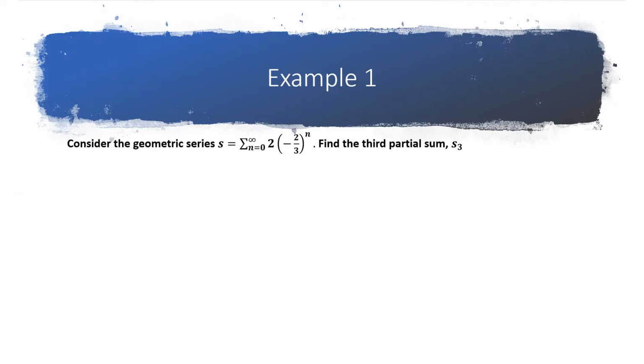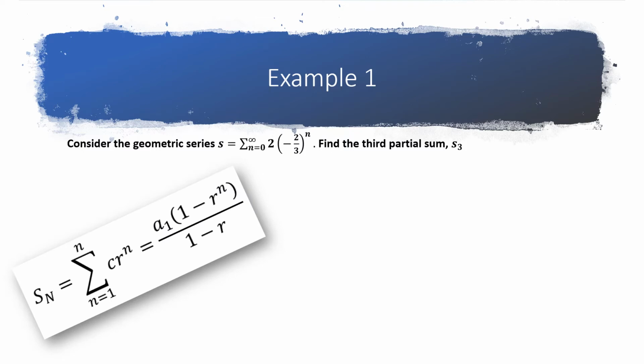All right, so the first example, it says, given the geometric sequence 2 times negative 2/3 to the n, find the third partial sum. So again, remember, since we're doing only the third partial sum, so we're only using the first 3 terms, we are using the partial sum formula. All right, so that formula says take a sub 1 times 1 minus r to the n over 1 minus r. The first thing I need to do is figure out my a sub 1, which is 2,